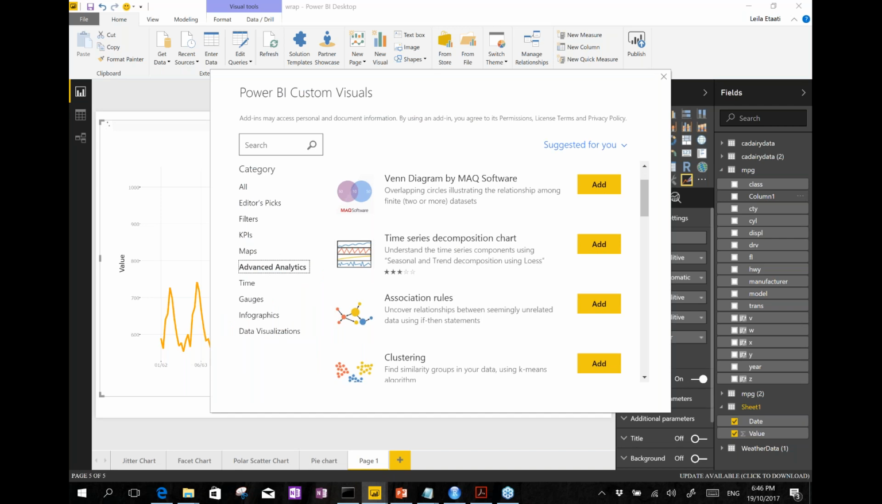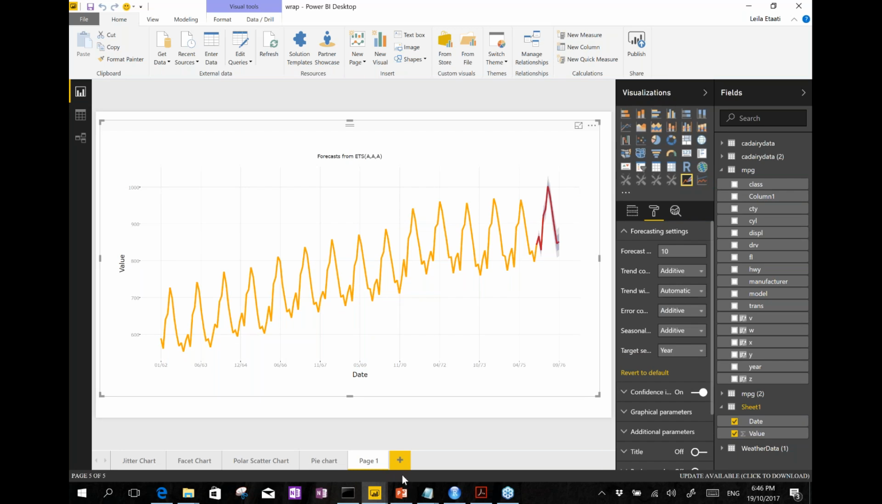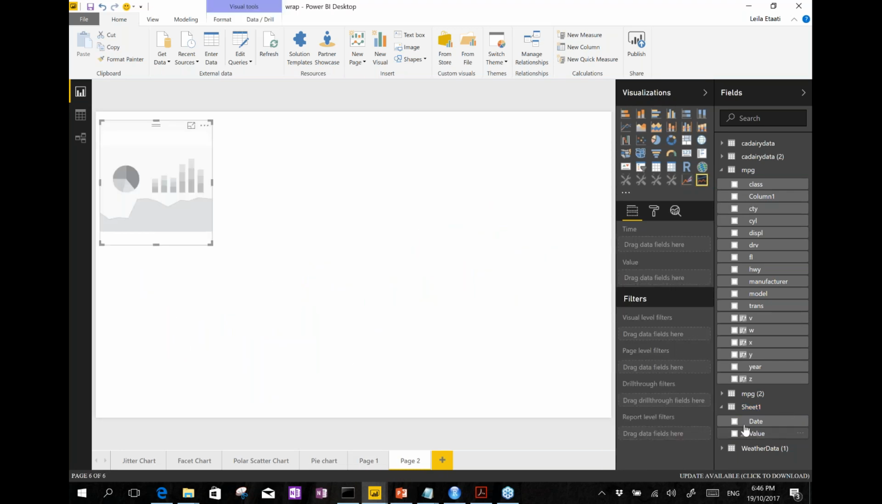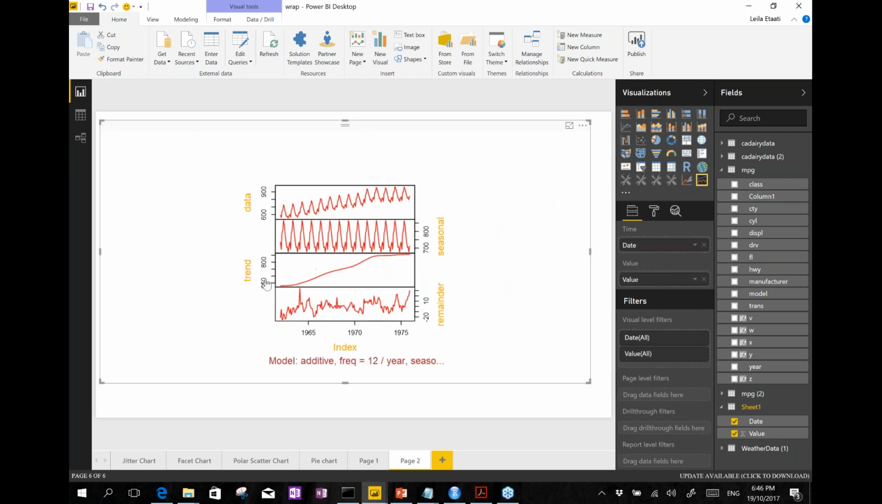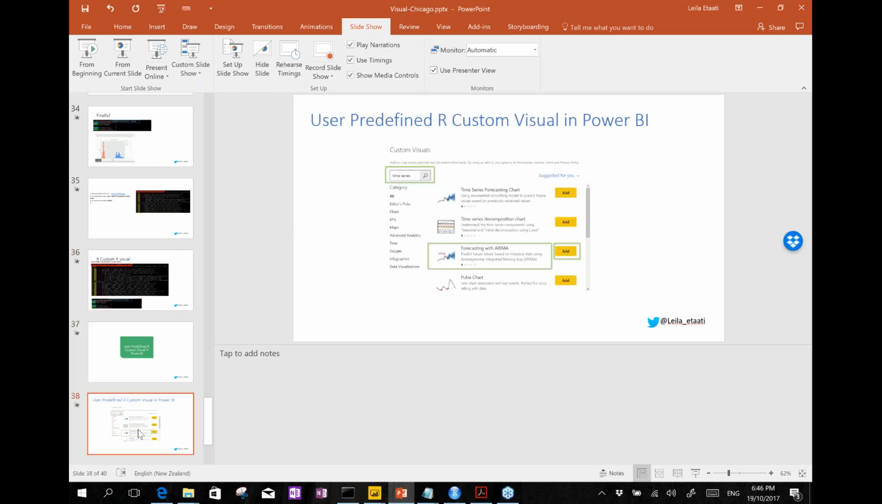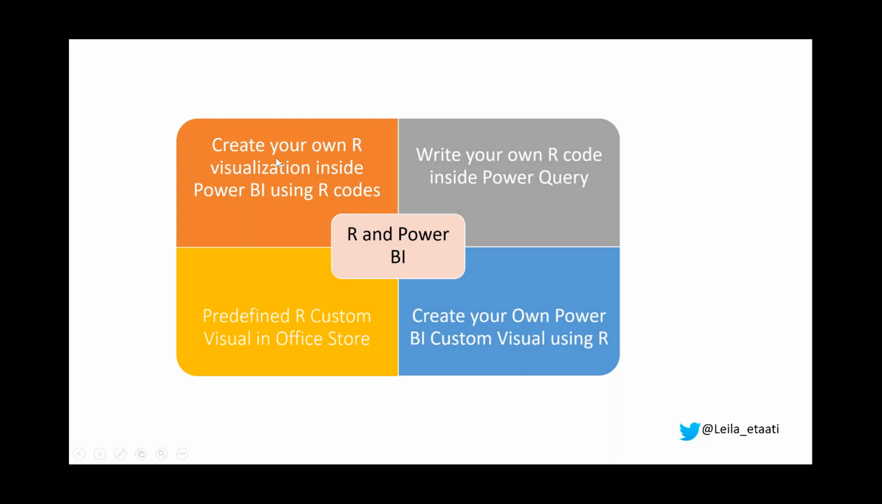So we have a time series decomposition. As far as I know, it's a separate one, and it's also really interesting. For example, this one shows how much seasonality you have, what the trend is, and other information about your data that is in time series format. So these are the possibilities that we have using machine learning and R code inside Power BI. You see that I created my own charts, facet charts. I show you how you can